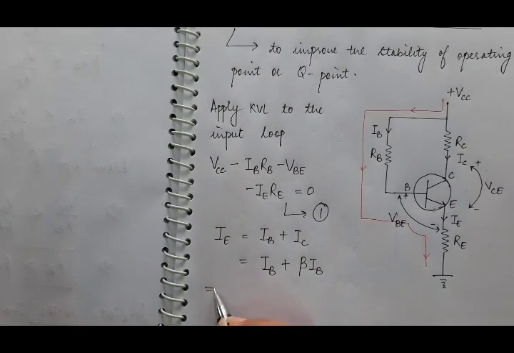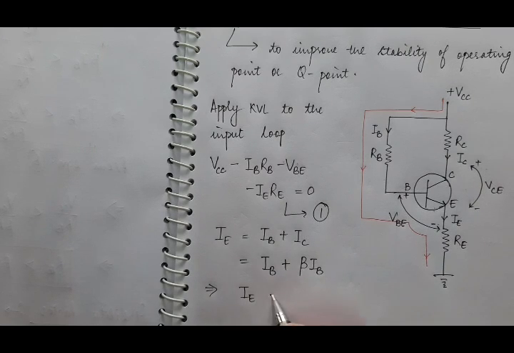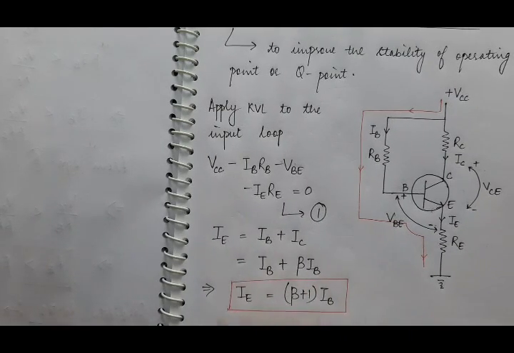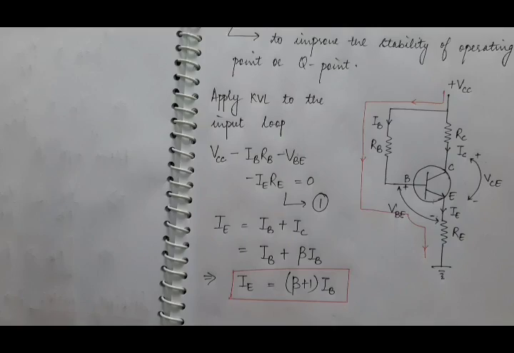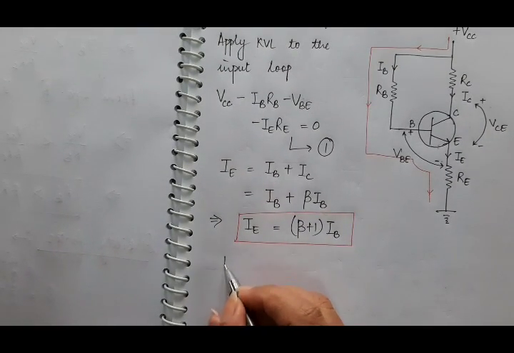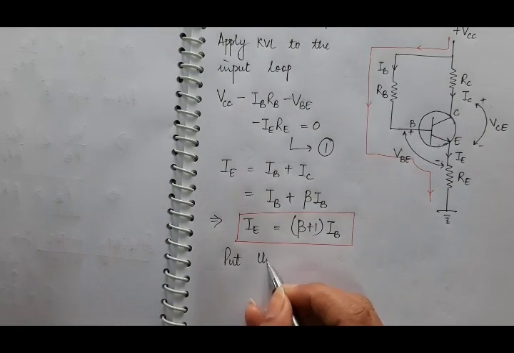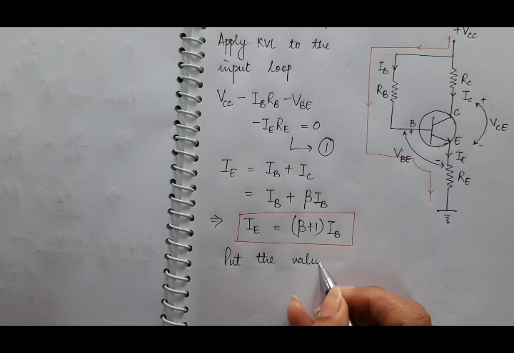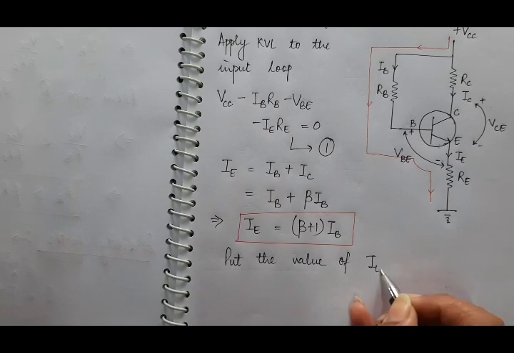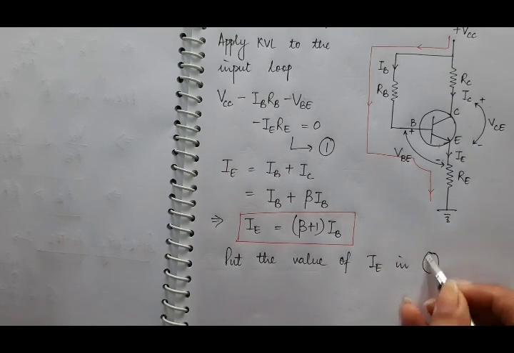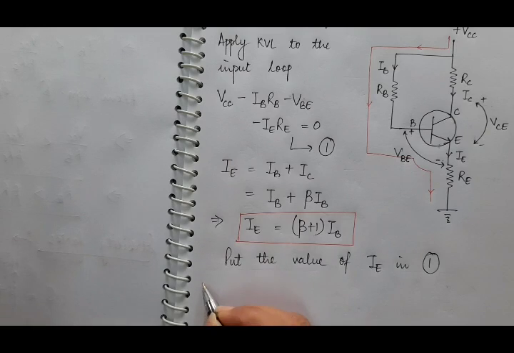So this emitter current IE, take this IB common, is beta plus 1 times IB. So now put this value of IE in equation number 1 and we get